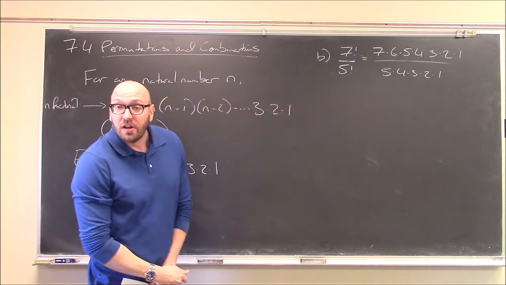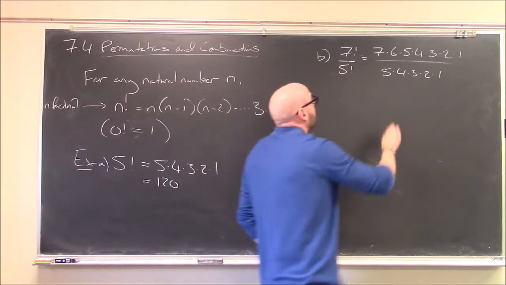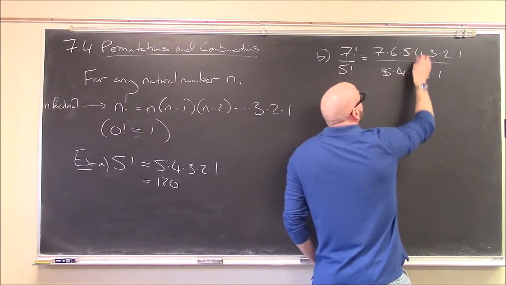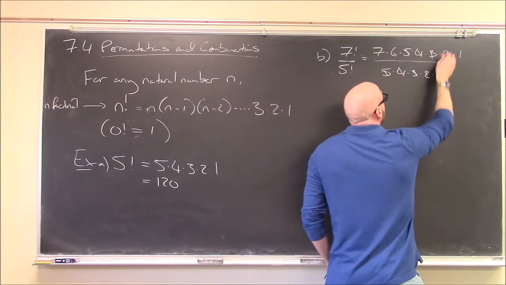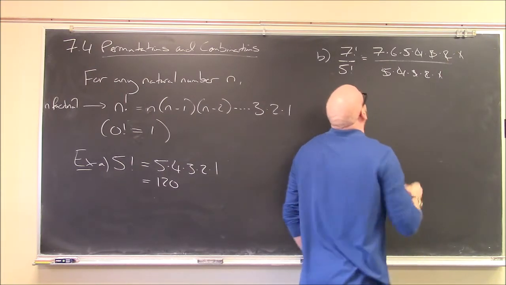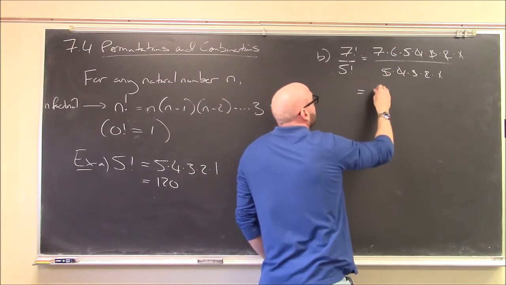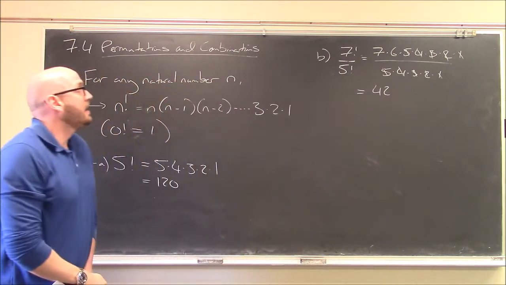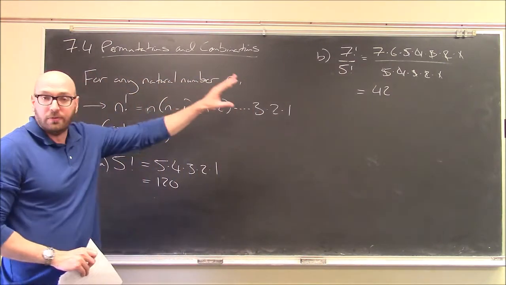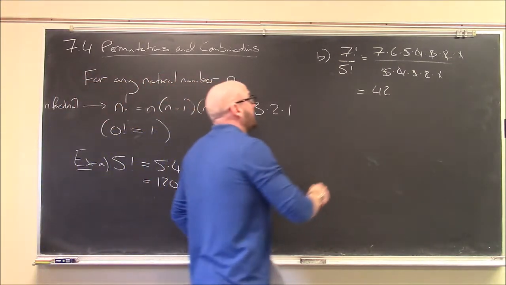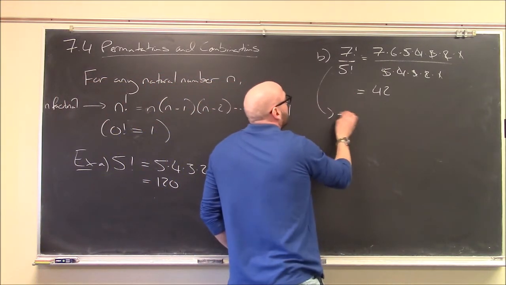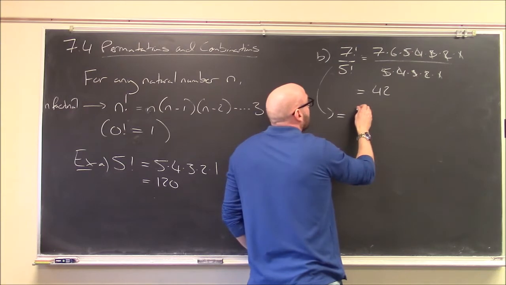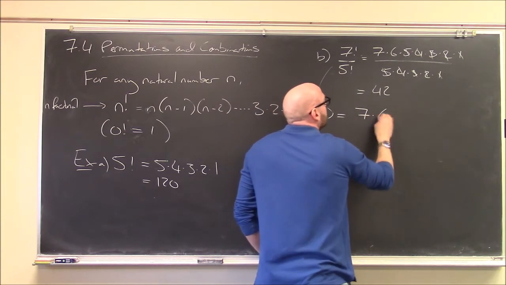And you'll notice a lot of stuff cancels here. You'll notice that 5 cancels with 5, 4 cancels with 4, 3 cancels with 3, 2 with 2, and 1 with 1. So this is just 7 times 6, which is 42. But I'm never again going to write out the full factorial, because there's a much faster way to do this cancellation. I could have just said 7 factorial is 7 times 6